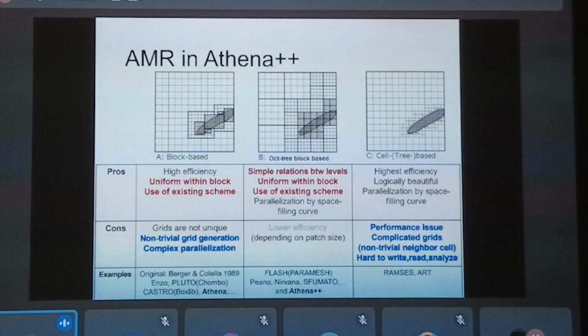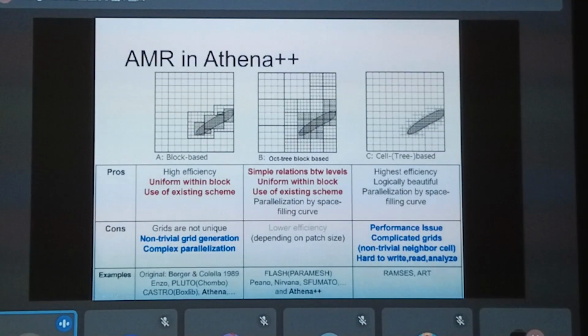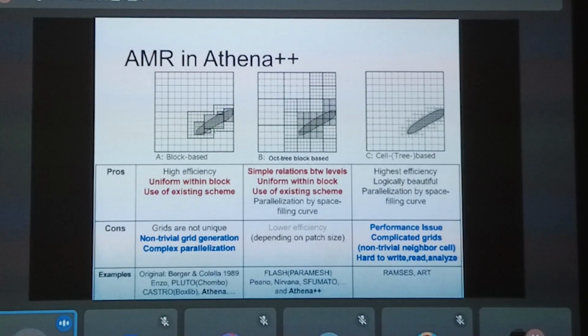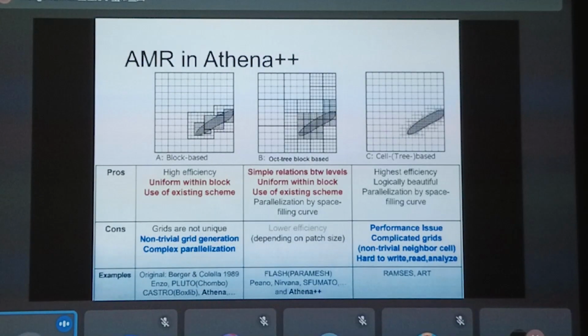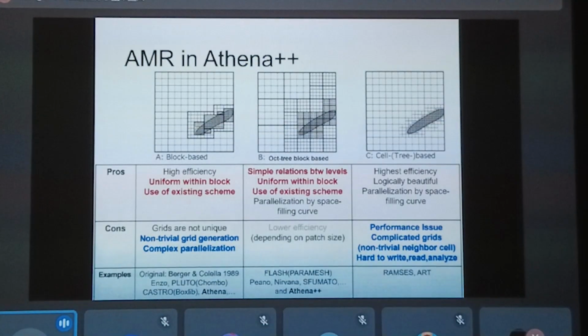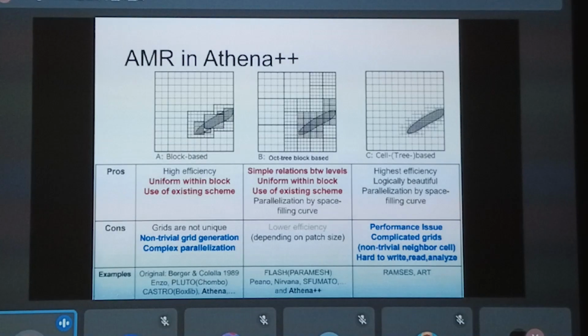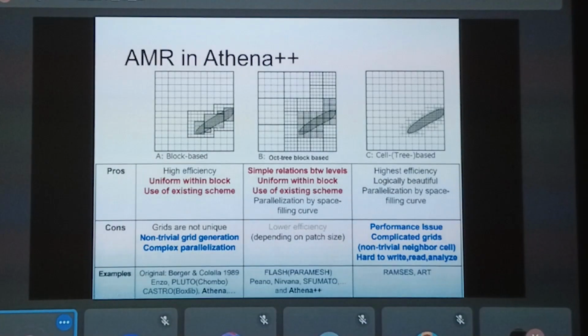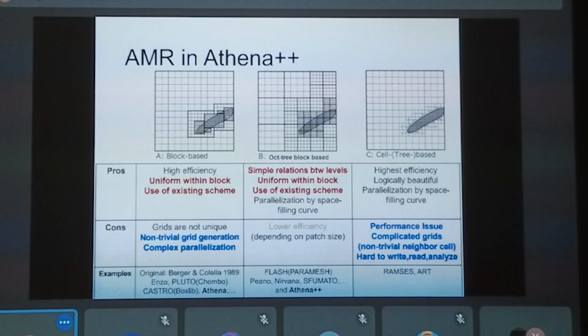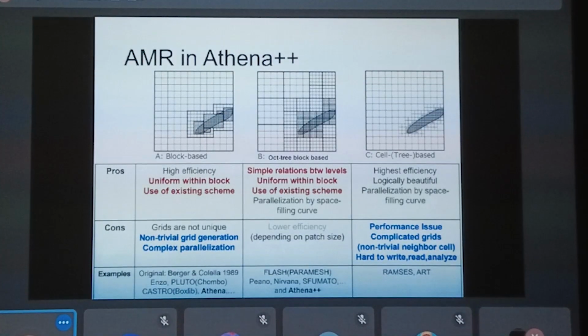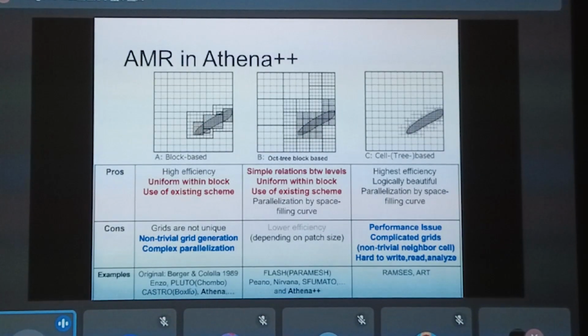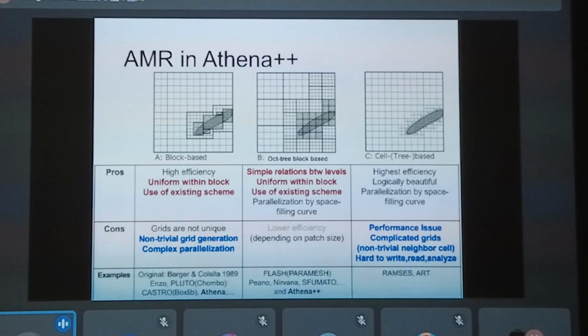In this case, we can place rectangular blocks in the simulation grid to resolve this ellipsoid, so that we can cover the ellipsoid with rectangular grids of higher resolutions. This was the first original design of AMR, proposed by Berger and Colella in 1989.